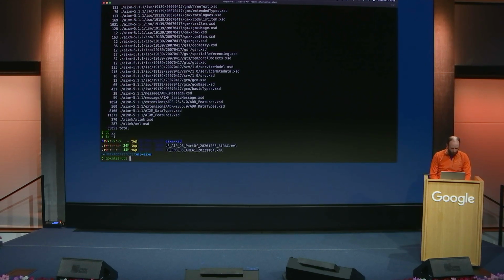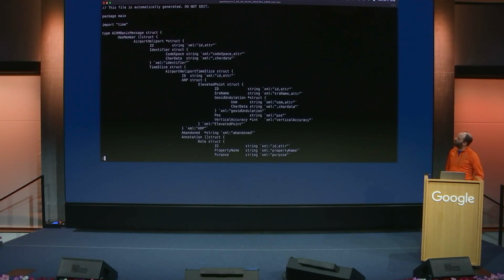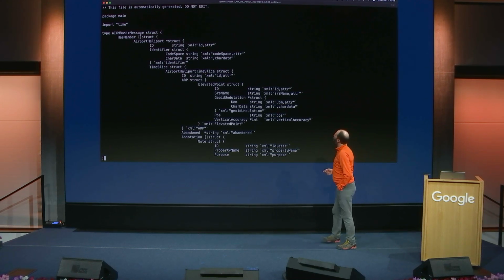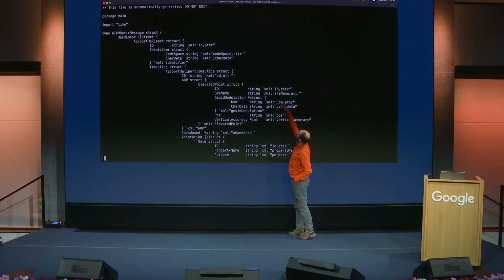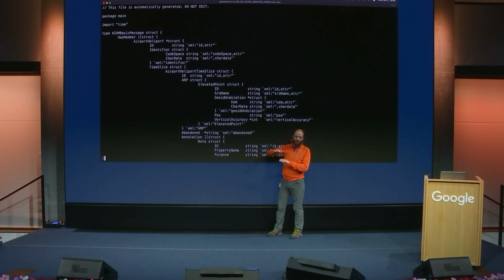So along comes go-xmlstruct. Give it your XML file, in this case a 34 megabyte XML file, and out comes the same thing. What it's done here is more sophisticated than the JSON one. It's coping with all the nesting. It's working out when things are attributes. For example, the ID is an attribute, whereas geoid undulation, which is roughly the difference between sea level and the height of the WGS84 ellipsoid,